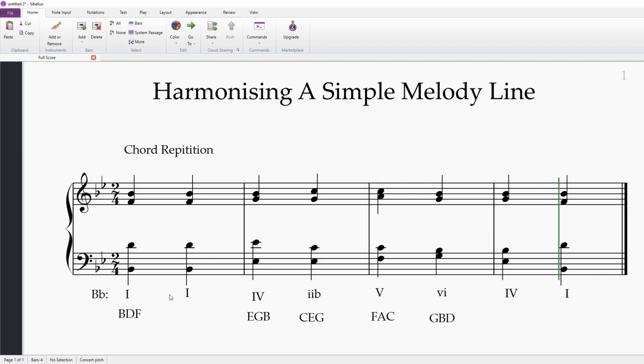And there we have it, a nice 1, 4, 5, 4, 1 progression where we've used chord repetition. We've used chord 2 in first inversion as a secondary substitute following chord 4. Then we're going to chord 5, chord 6, and then finally finishing off with a nice plagal cadence at the